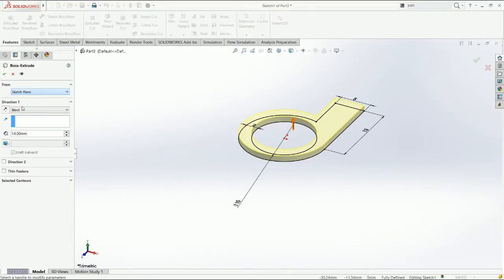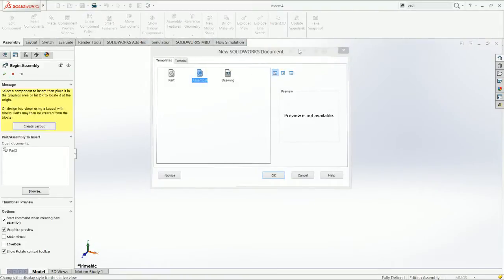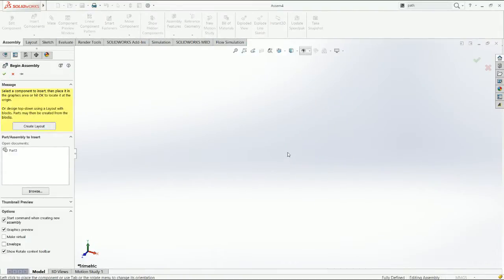I'm going to say from the mid plane, and say 50. So I'm going to save it as part 3, create a new assembly, bring it over to the assembly in the same origin,